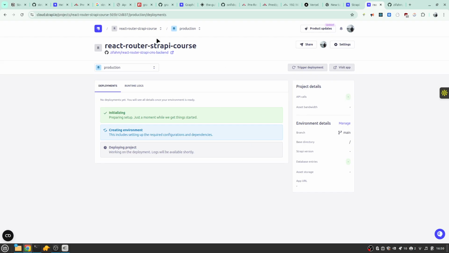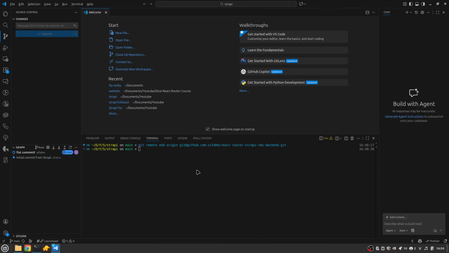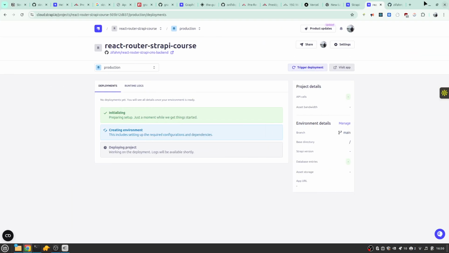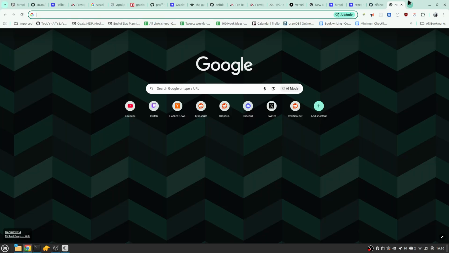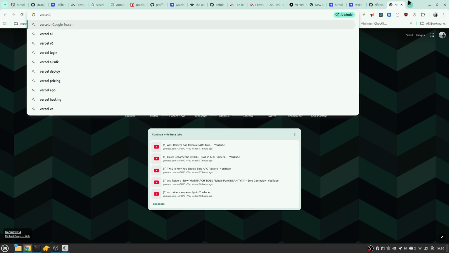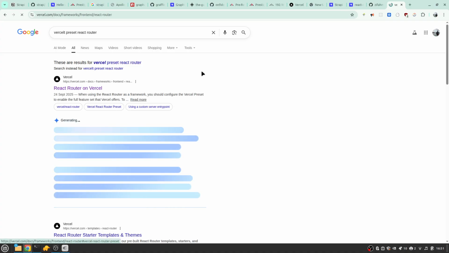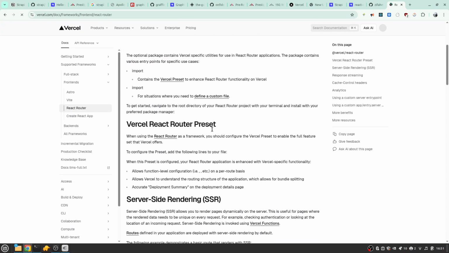So it's getting set up, it's getting initialized, and then you can actually start querying the data in the Strapi free plan itself. Yeah. So this is done. Now we need to set this particular website up for Vercel. So Vercel gives you a preset for React Router. It helps you with deployment very easily. We're just gonna copy that,